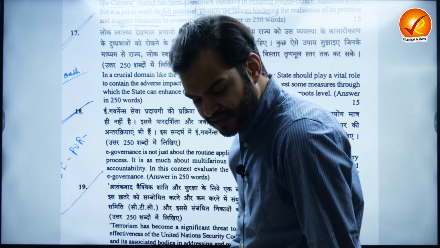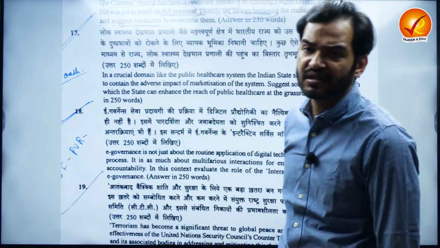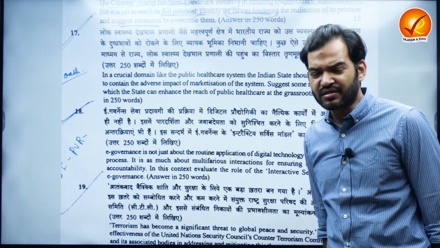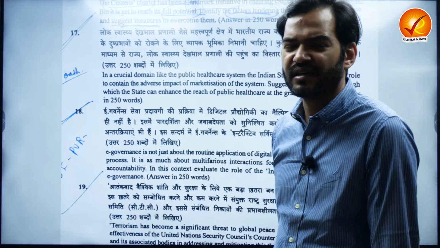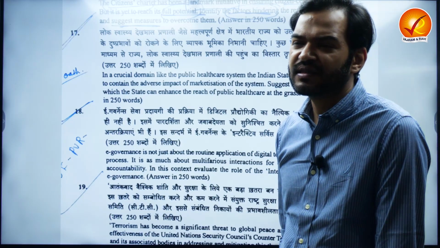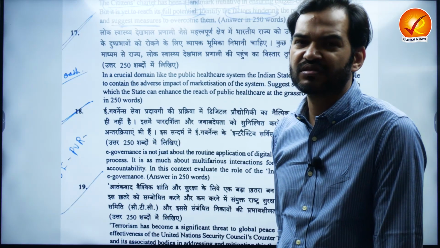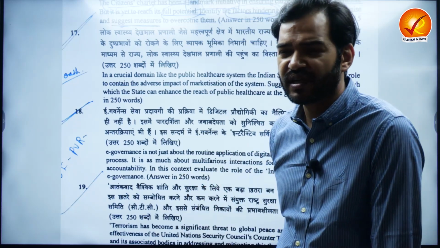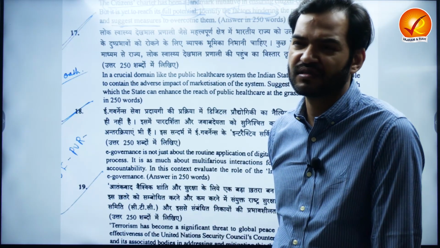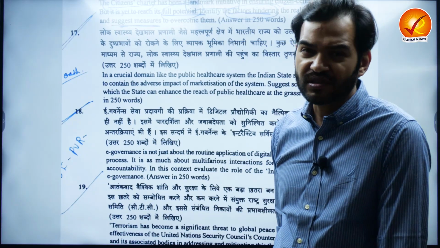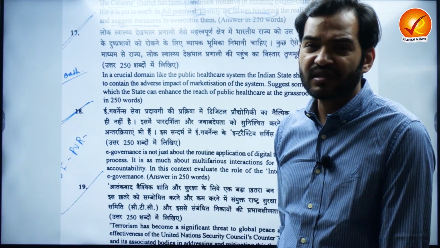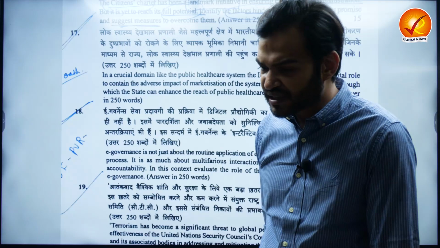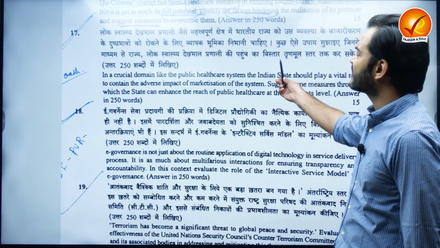Now, the problem with the healthcare sector in India is that the state budgetary allocation for healthcare is very low. Since it is very low, the state doesn't have enough resources to spend on tertiary healthcare. Tertiary healthcare by nature is very expensive. Machines are very expensive. Doctors are specialized, and their fees are quite high. Surgeries are very expensive. So because tertiary healthcare is so expensive, that space has been taken by the private sector. So the question says that the role of the private sector in healthcare has increased.